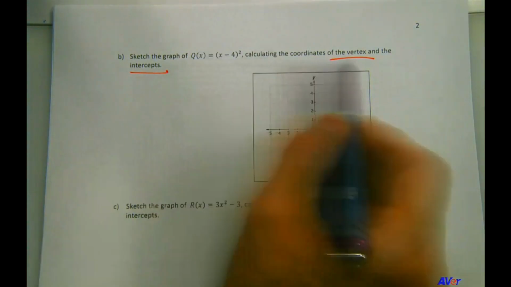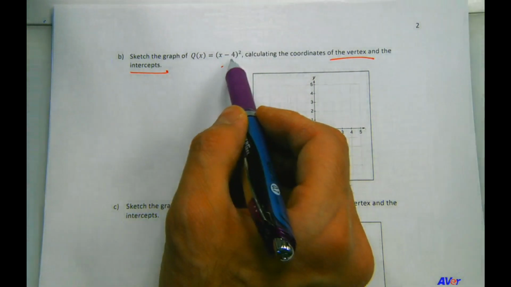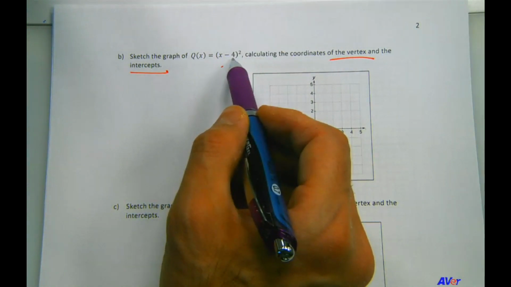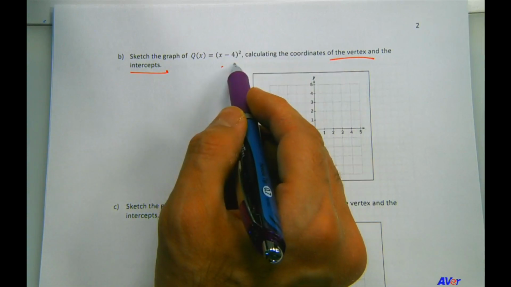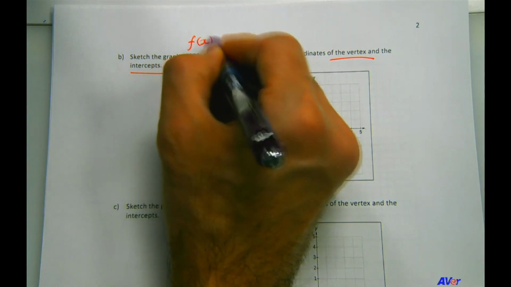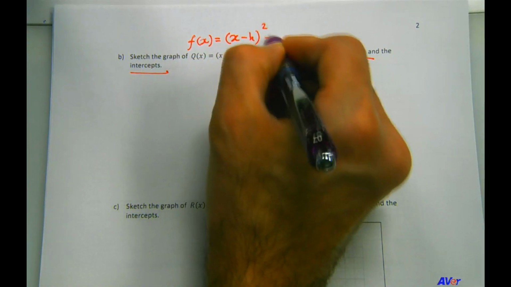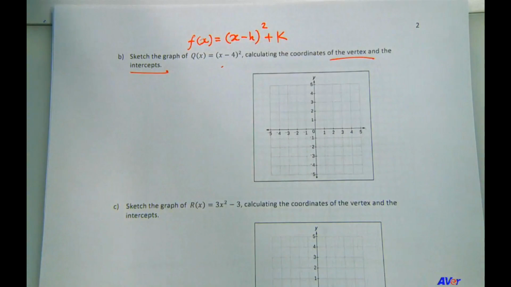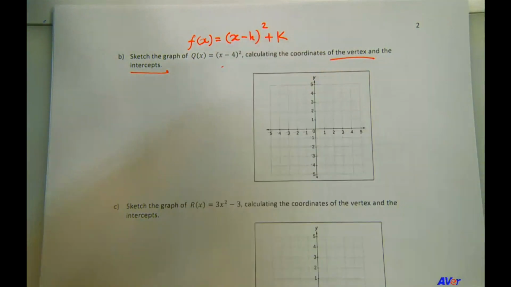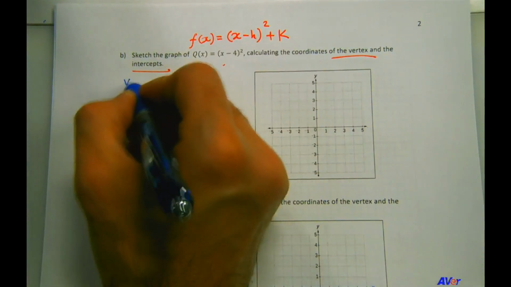Okay, so the vertex. This is in standard form, so it is easy to find where the vertex is, right? Remember the standard form that we talked about last class, in the last video? This is the standard form of a quadratic function. The vertex coordinates are h comma k. So when you compare this with that, the vertex then